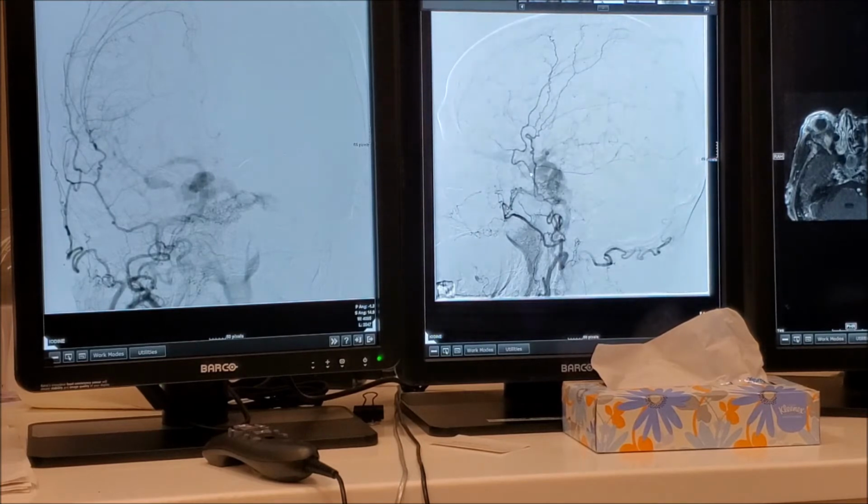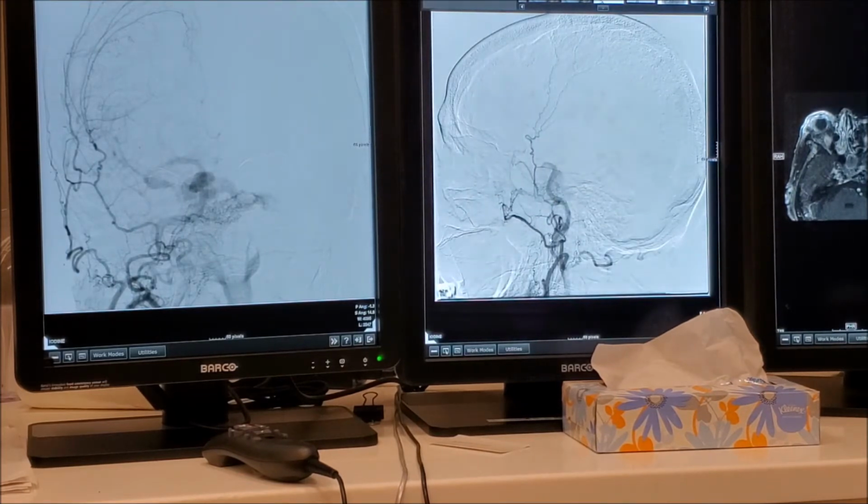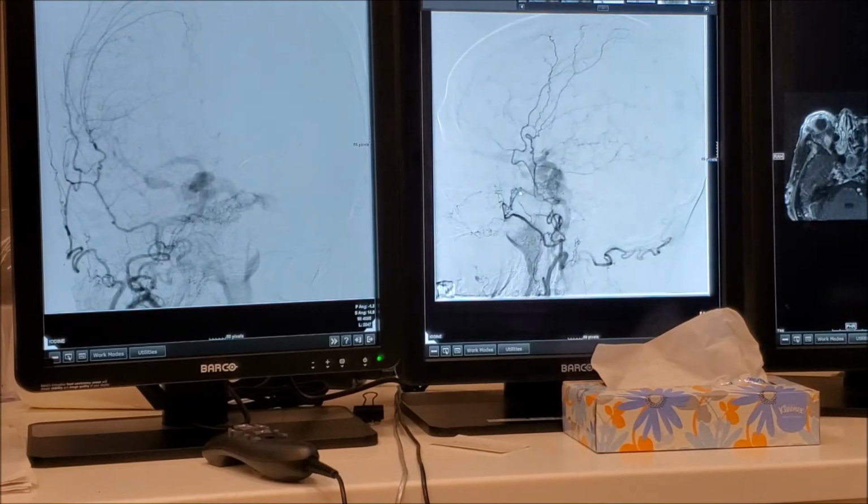As I come back to the middle meningeal artery, I find this loop here. This is the foramen spinosum, okay? And I see a network which I knew was there from the other injection, the internal carotid. Then I keep going here and I see this network. Do you know what this territory is? It's the foramen rotundum. Always goes back like so. So now it's starting to make sense. This is angiogenesis from the foramen rotundum.